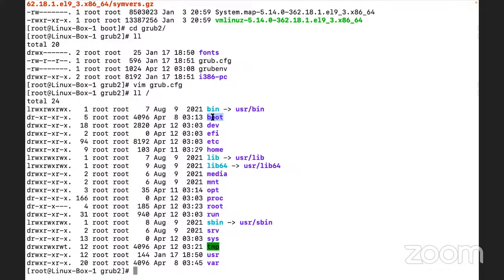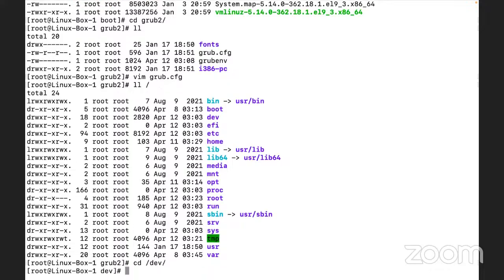To boot a system, all the settings are present inside the boot directory. So boot is a particular location, or you can call it a directory, where all the information related to the Linux kernel and the boot process is stored. Like how and what kernel will be utilized. Let us say our OS has more than one kernel, right? In that case, that information will be read from here. Then now /dev. Let us move on to /dev.